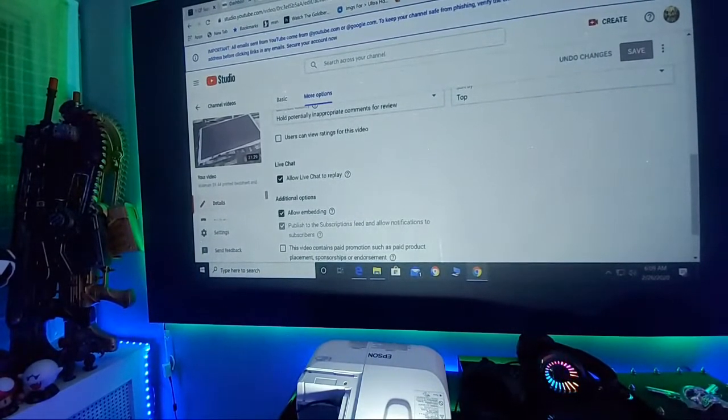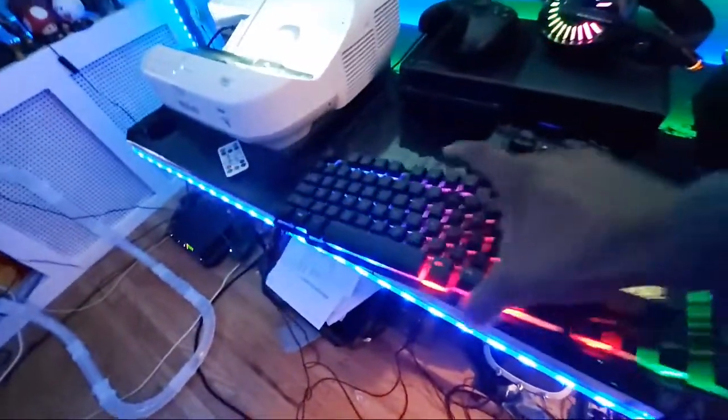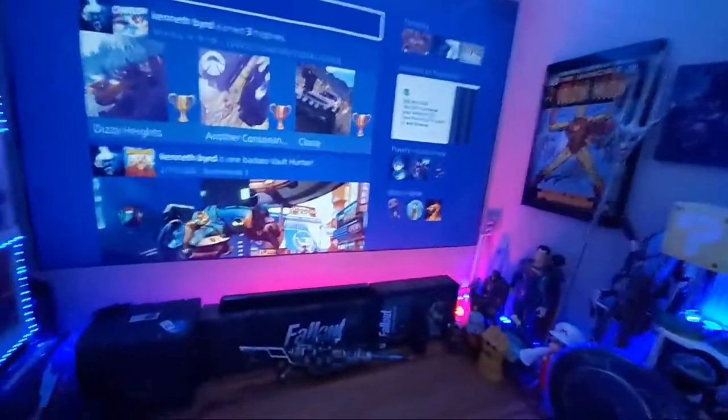You got hooked around. Nope. This is why I need a much bigger gaming room. I nearly almost hooked and trashed my keyboard a few minutes ago. Got hooked around the chair somehow. I'm going to have to get myself a bigger gaming room, or take more of this stuff out of the room and put it upstairs. I've got too much stuff down here as it is. But anyway,